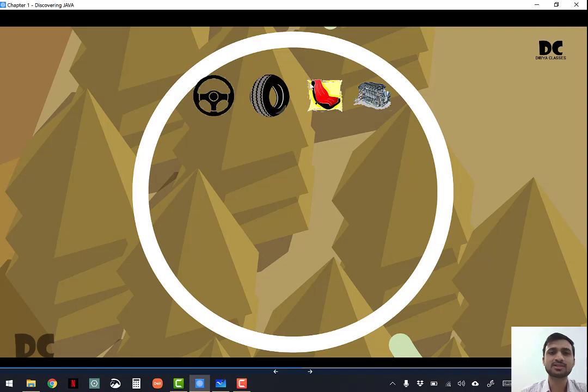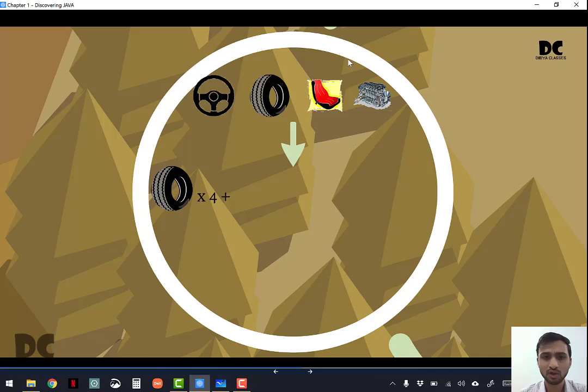All these objects have their own properties: steering to move the wheels, tires required for the wheels, seat to sit, and engine to run your vehicle. Okay. So now we'll take these properties of all the 4 objects and create a new object.